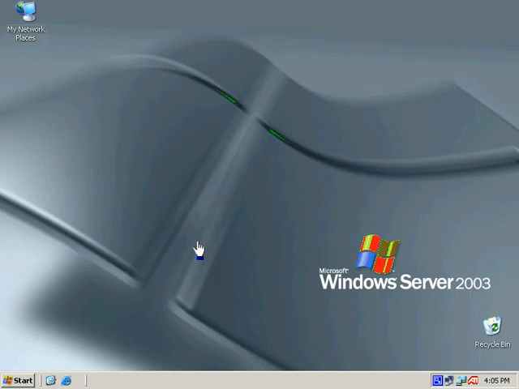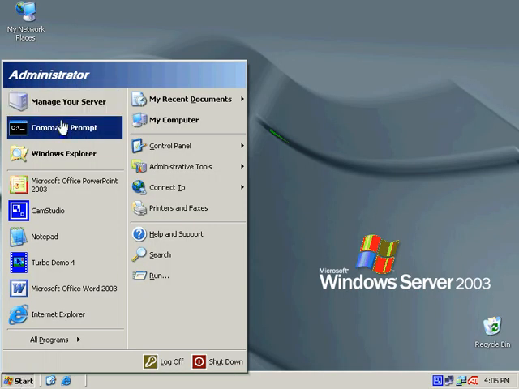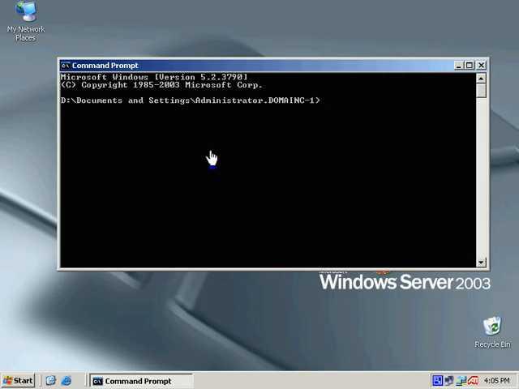ipconfig is a very versatile tool. So let's take a look at some of what it can do. We're going to click on Start and then Command Prompt, bring up a command prompt, and then I'm going to type ipconfig